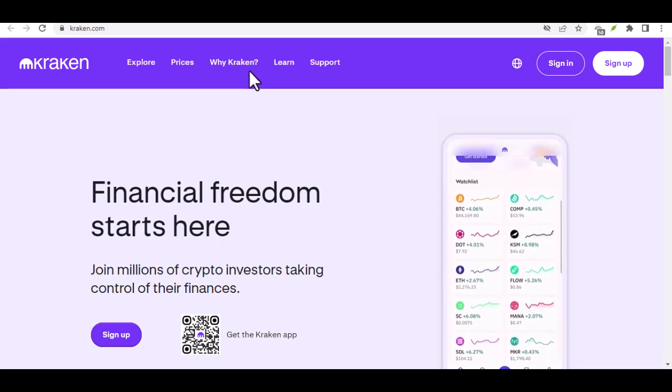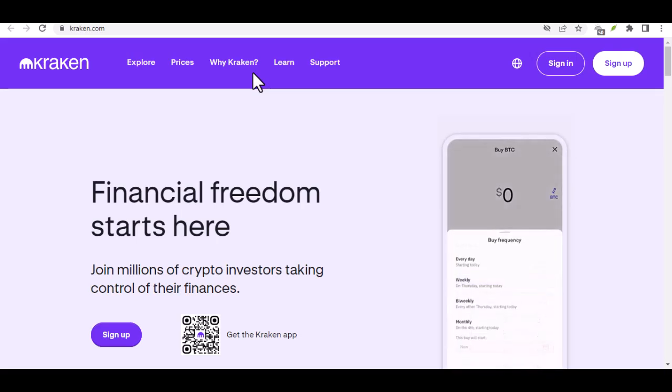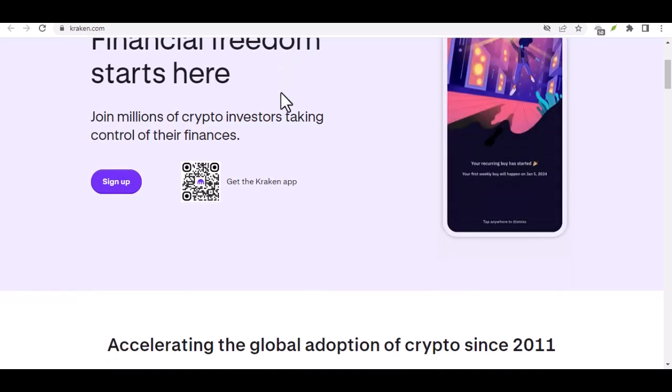Well, hold on to your hats for a financial history lesson you didn't ask for. Back in May 2010, two large Papa John's pizzas cost a cool 10,000 bitcoins, BTC. Today, that same amount of BTC would buy you a fleet of sports cars and a private island. Hindsight is a wonderful thing, but it does leave us with a lingering question: how can we get in on